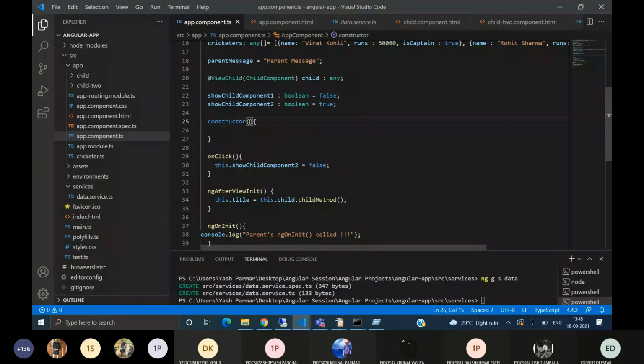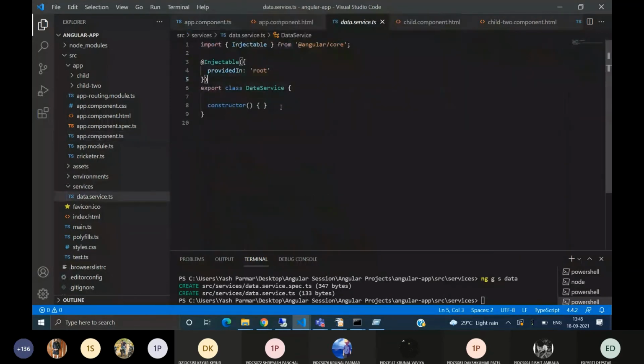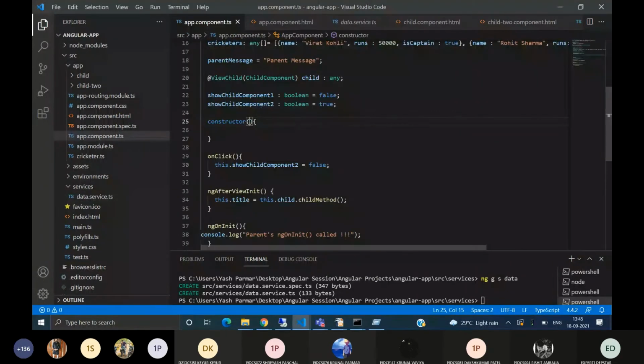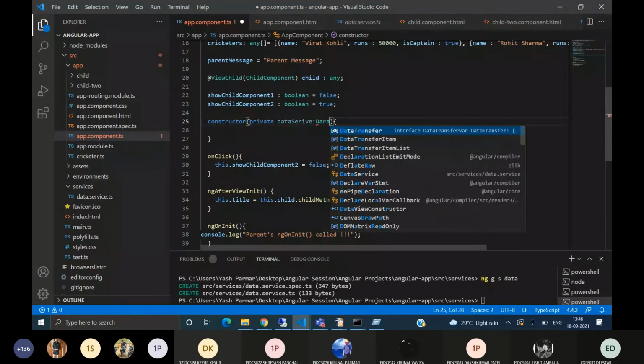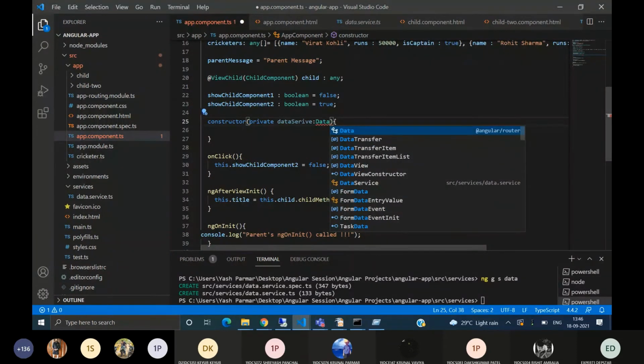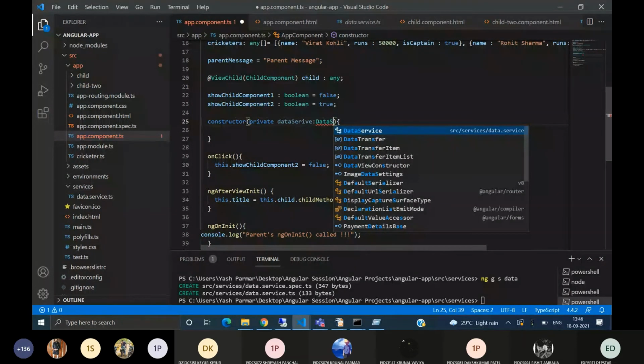injection. So if we want to use this data service in our application, in our component, we will inject it here like private dataService, and we will give our service, the DataService class.